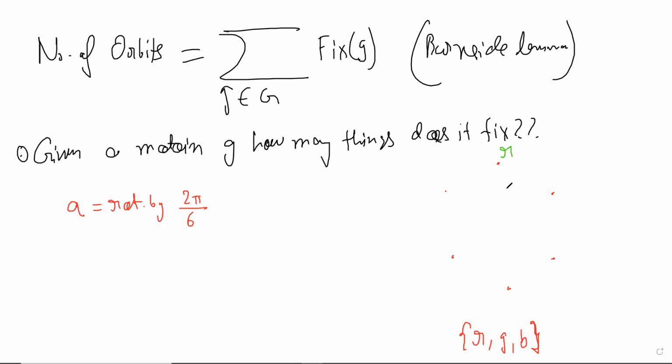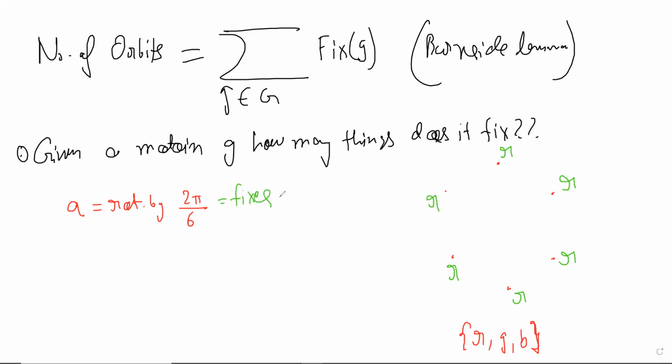If I apply this motion, this R over here is going to move here. So these two both must be R. Both must be R. Right? That's a necessary condition for this configuration to be fixed. Now this R would have moved to this place. So this must also be R, and so all of them must be R. So basically this rotation will fix a configuration only if all the colors are the same.